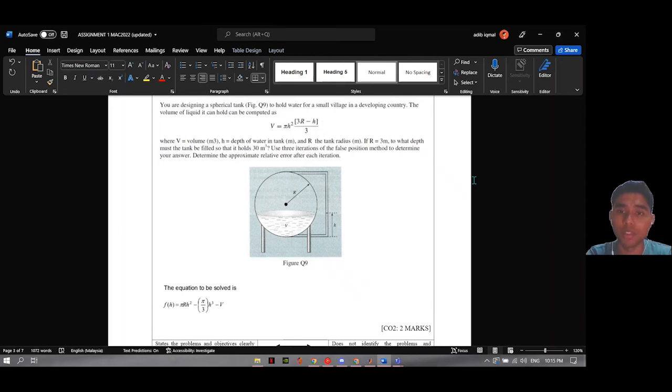If r equals 3 meters, to what depth must the tank be filled so that it holds 30 meter cube of water? Use 3 iterations of the false position method to determine your answer. Determine the approximate relative error after each iteration. So the equation to be solved is f(h) equals pi r h squared minus pi over 3 h cubed minus V. So using the secant method,